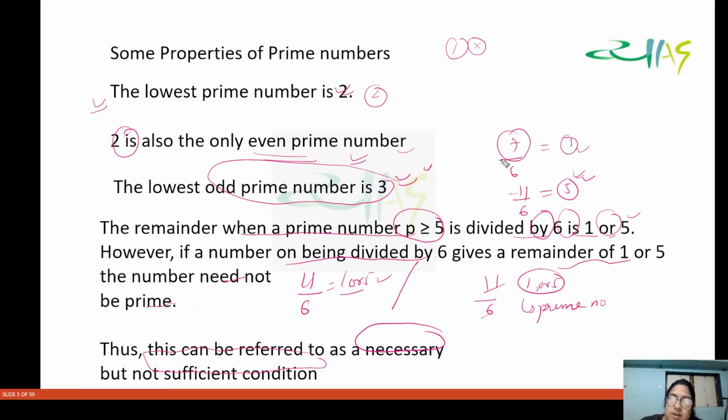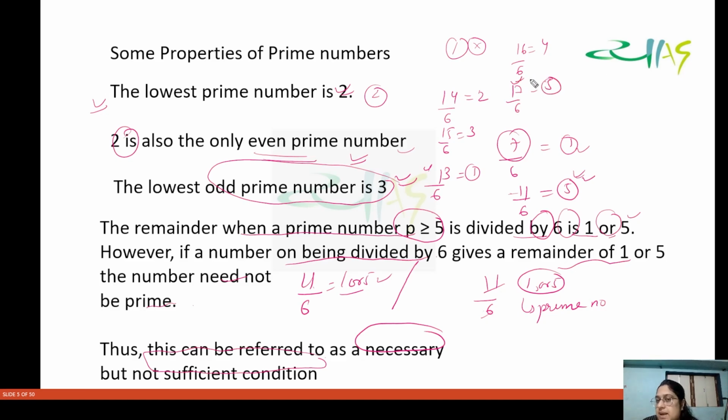Okay, so now let's take this 13. 13 when you divide it by 6 you will get the remainder 1. 14 when you divide by 6, obviously you are going to get remainder 2. 15 when you divide by 6, again 3. 16 when you divide by 6 you will get remainder 4. 17 when you divide by 6 you are going to get remainder 5,